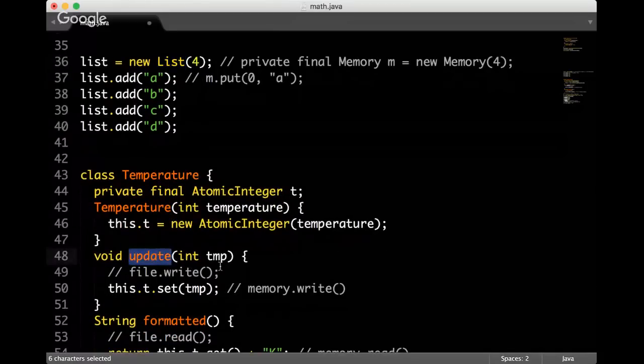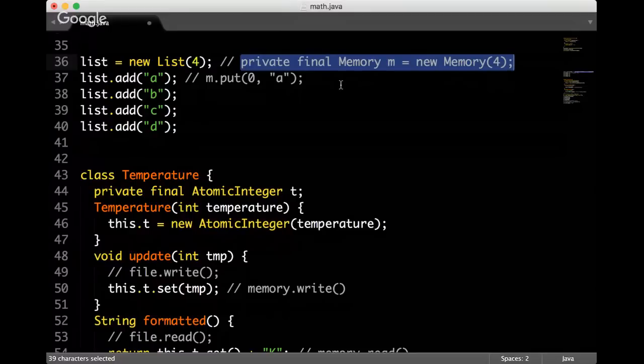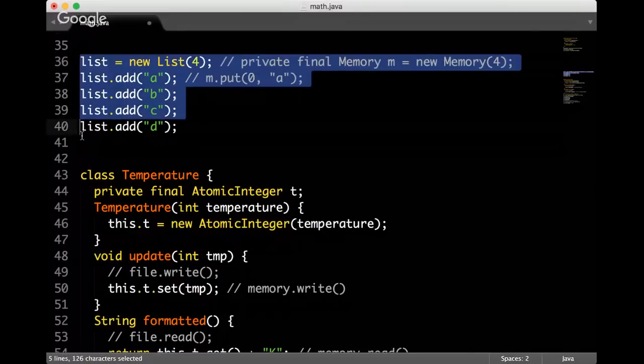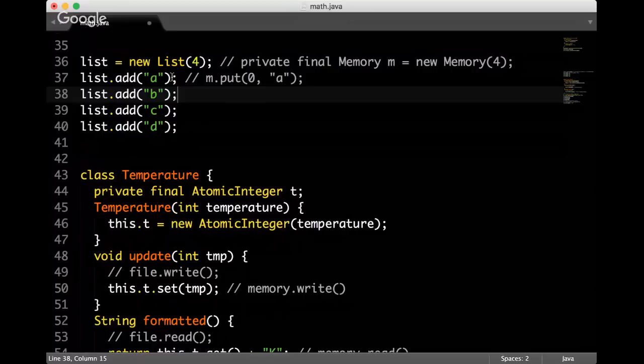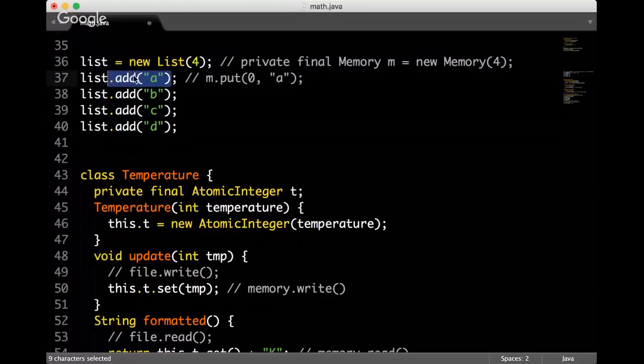We said update, and we gave some value, and that value went to the file. But right now we don't have the file, we have a memory, and we keep putting the data into the memory. So for the outside world, for us here looking at this code, it looks like we're working with something which is kind of mutable. But I'm asking to stop thinking in black and white. So we shouldn't say that this is a mutable list.